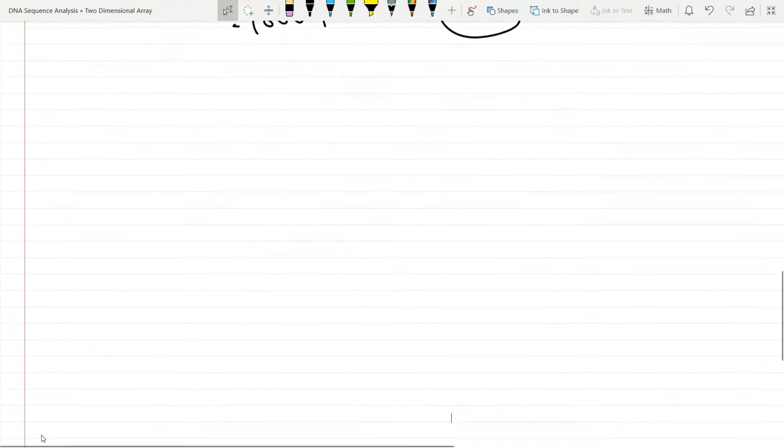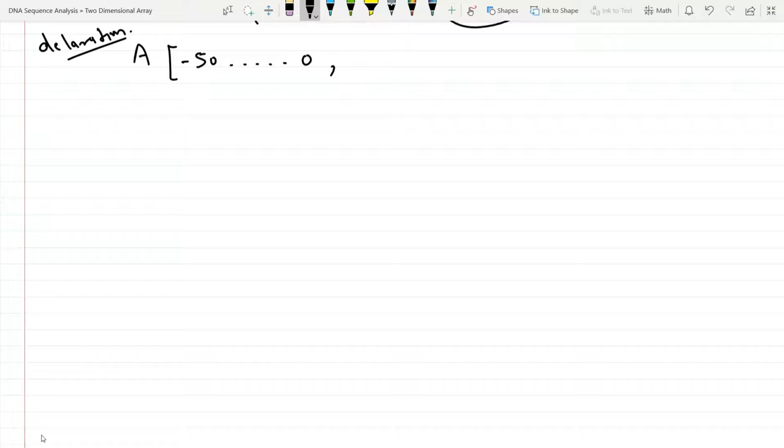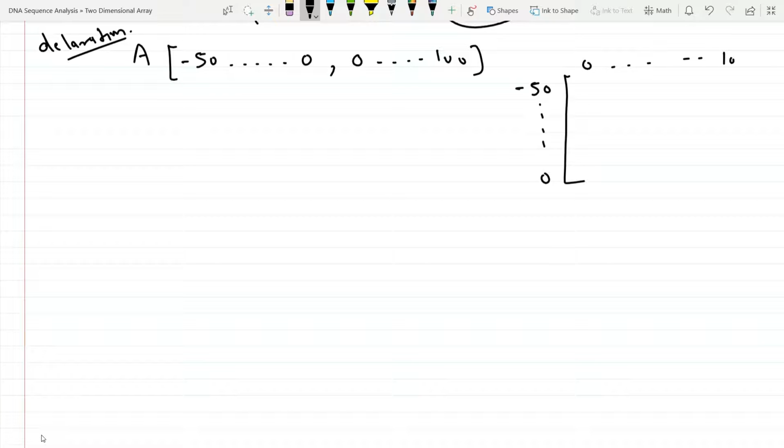Array A is declared like this. The question is given in this format, declared as minus 50 to 0 comma 0 to 100. It means the row indexes are from minus 50 to 0 and the columns are from 0 to 100.